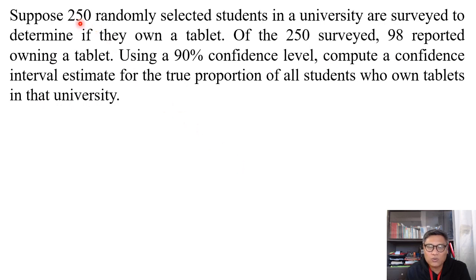So suppose 250 randomly selected students in a university are surveyed to determine if they own a tablet. Regardless of the brand, as long as it's considered a tablet, then there is a survey, 250. Of the 250 surveyed, 98 reported owning a tablet. Using a 90% confidence level, compute a confidence interval estimate for the true proportion of all students in that university